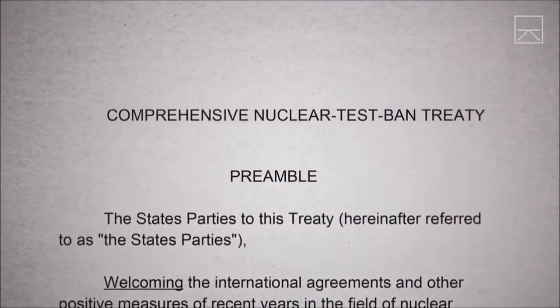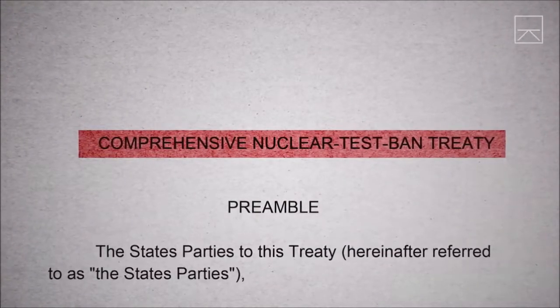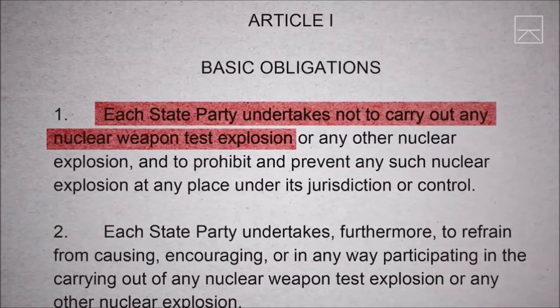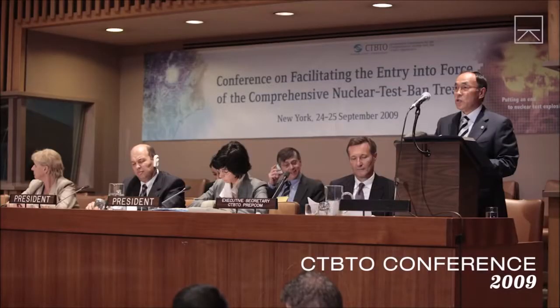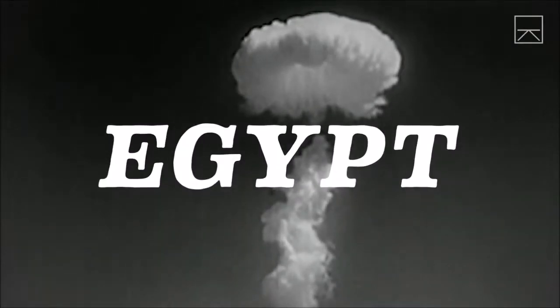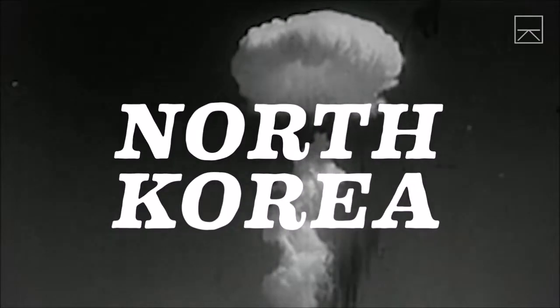So well, in fact, that the country has helped lead the charge to ratify the Comprehensive Nuclear Test Ban Treaty. The treaty calls for nothing less than a worldwide end to all nuclear detonations, though it won't go into effect until it's ratified by all 44 of the key nations who created it. Russia, notably, has ratified the treaty, perhaps with the memory of the Polygon fiasco still fresh. And in fact, today there are only 8 holdouts: China, Egypt, Iran, Israel, India, Pakistan, North Korea, and the United States.